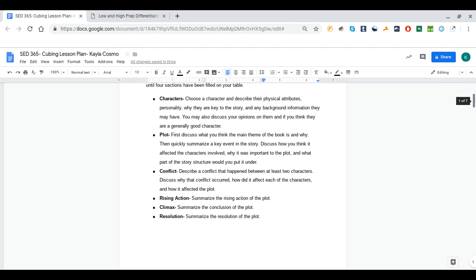The same goes for the plot and conflict. That involves interactions with other characters and more textual evidence. And the bits that involve just parts of the plot, such as rising action, climax, resolution, those are just summarizing ones. And so that makes it so students have a mix of different difficulty levels when creating their discussions and